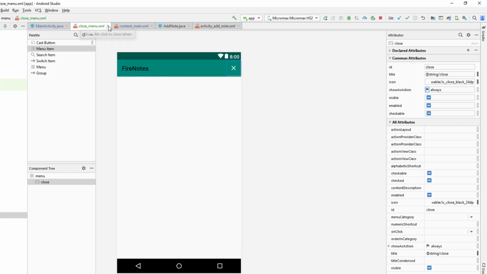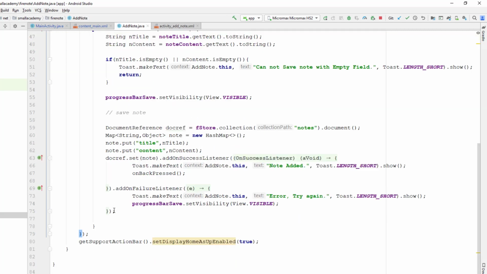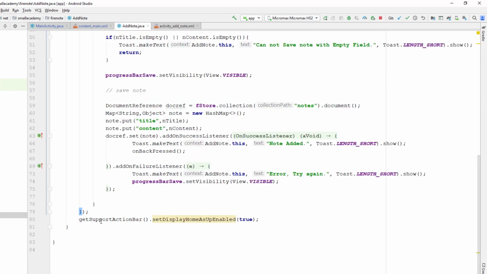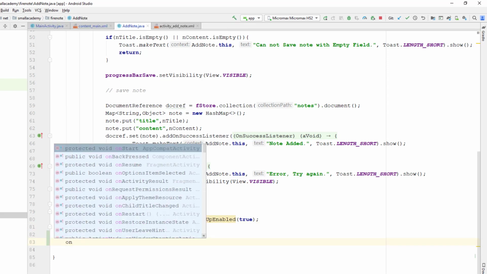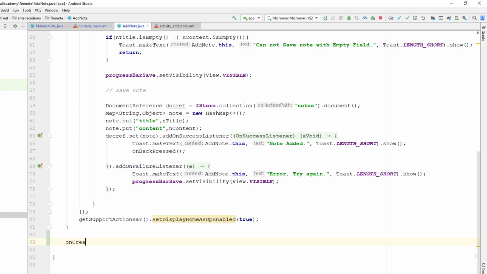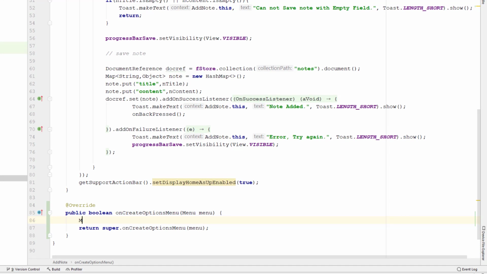I'm gonna go back to the add note activity here, add note class. To display that menu in the toolbar, I need to override on create options menu, as I have shown you guys previously in the main activity when we added that setting options menu on the toolbar. So similarly, I'm going to create on create options menu, and I can write the similar code here. So menu inflator, if you remember that code from the second